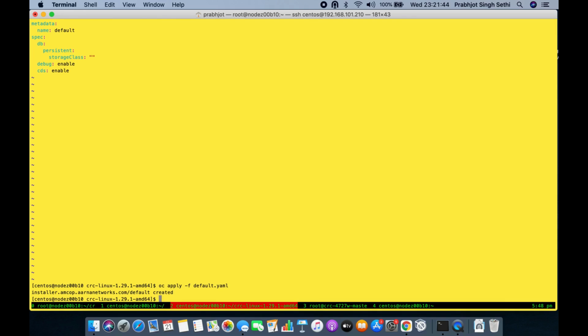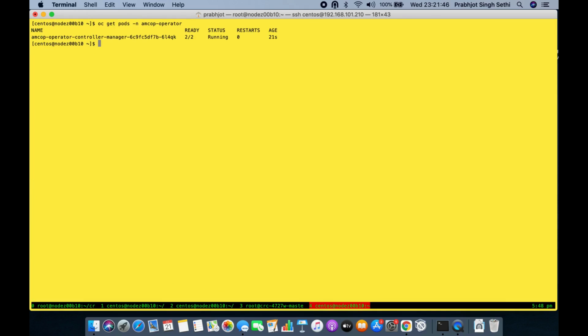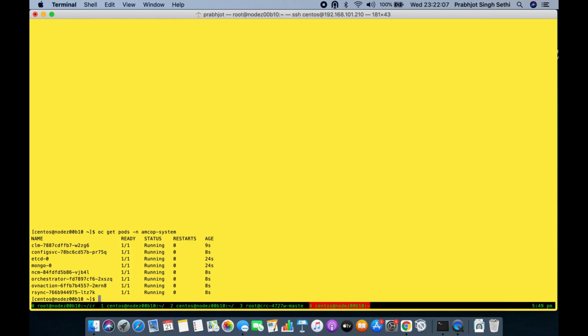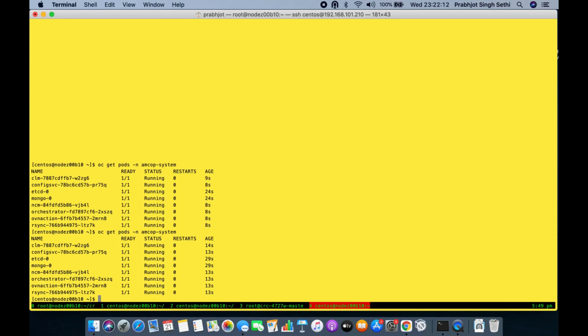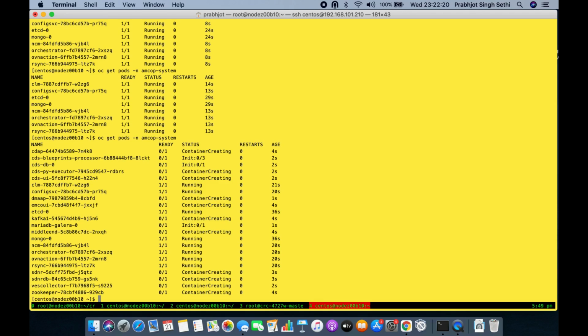So with this, the custom resource is created. So once the custom resource is created, we would see that the corresponding pods required for AMCOP will start coming up in staged manner.